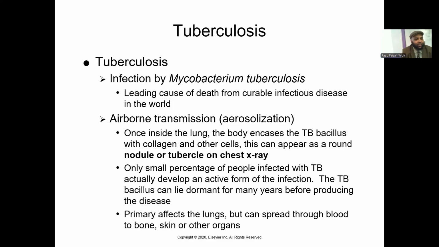So once inside the lung, the body encases the tuberculosis bacillus with collagen and other cells, and this can appear as a round nodule or a tubercle on the chest x-ray. Only a small percentage of people infected with tuberculosis actually develop an active form of the infection. It primarily affects the lungs, but it can spread through the blood to the bone, the skin,